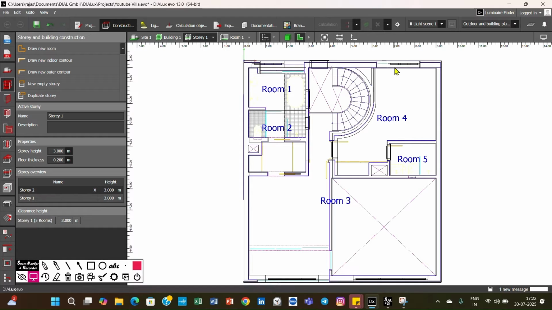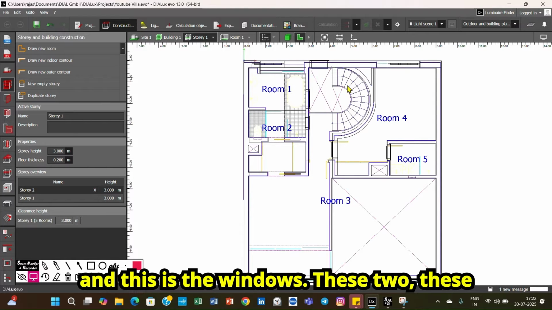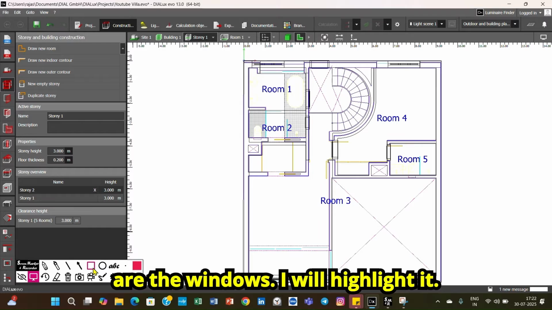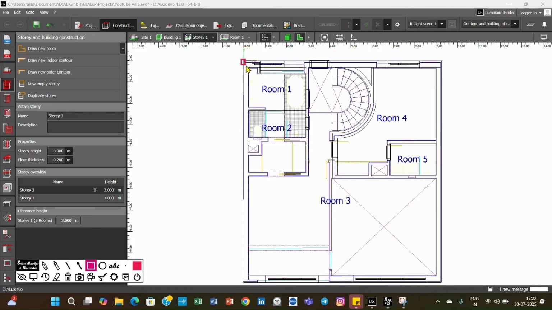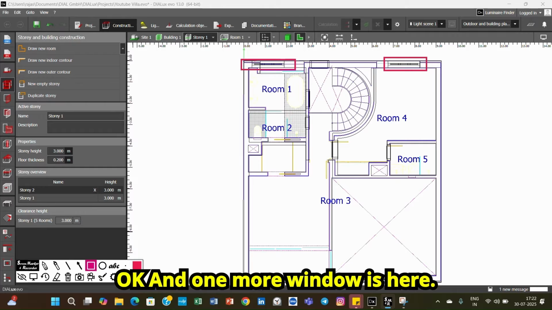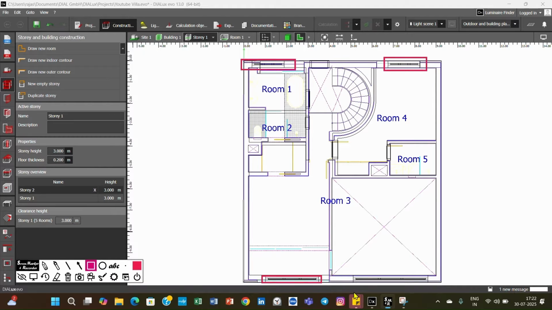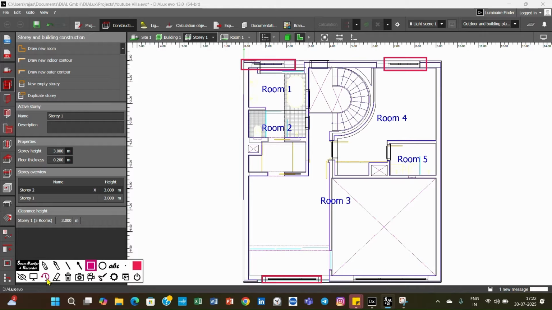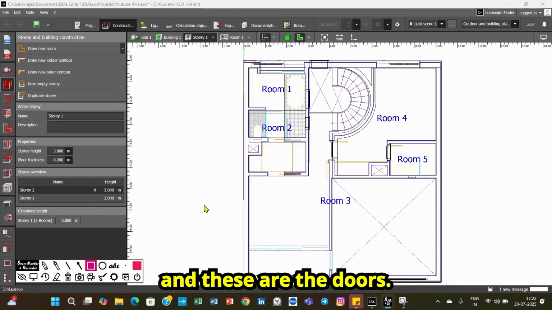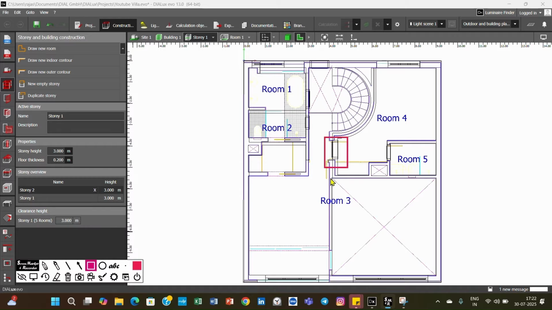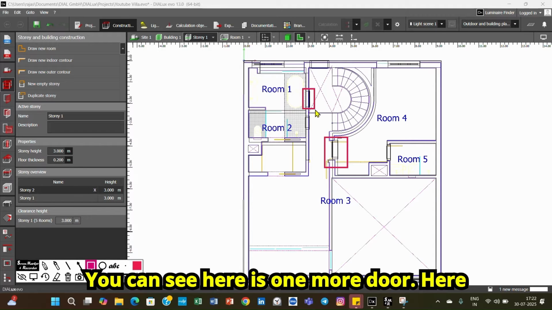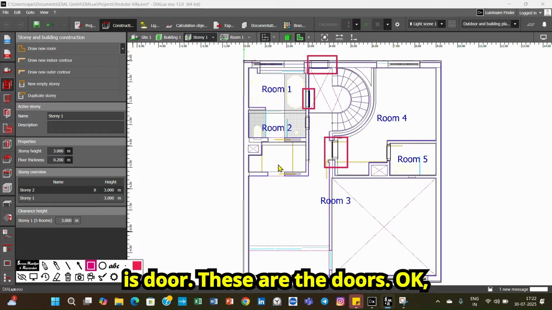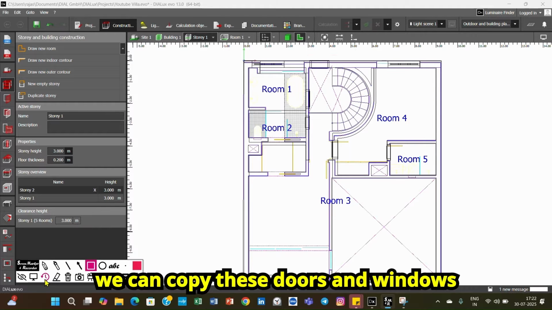This is the doors and these are the windows. I will highlight it. These are the windows. And one more window is here. These are the windows and these are the doors. You can see here is one more door. These are the doors. We can copy these doors and windows directly in the